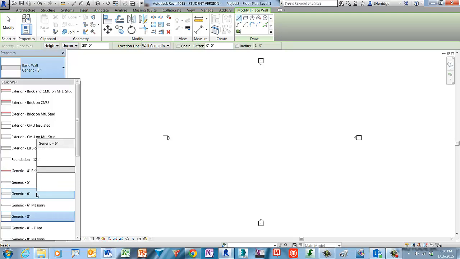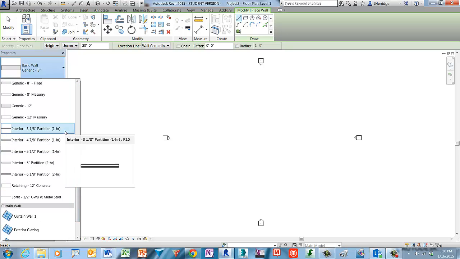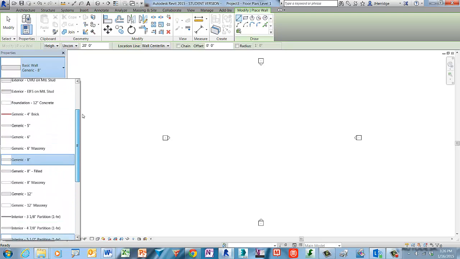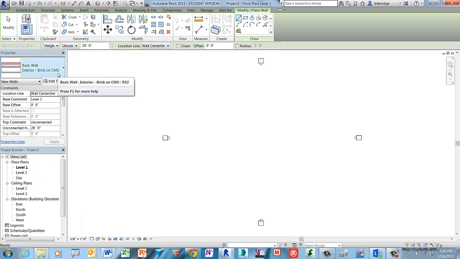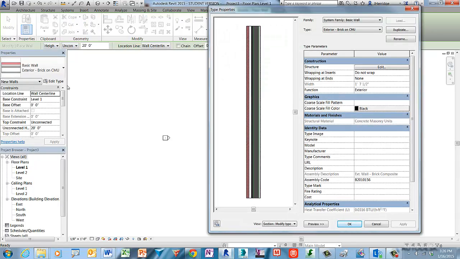You'll note that there are exterior flavors for that specific purpose that have specificity, as well as generic walls that act as placeholders to help just create a conceptual layout prior to knowing the explicit wall types that you wish to use in that location, as well as interior wall types. In this case, let's take a look at this particular exterior cavity wall, and let's take a peek at its wall structure. So I'm going to select the Edit Type,